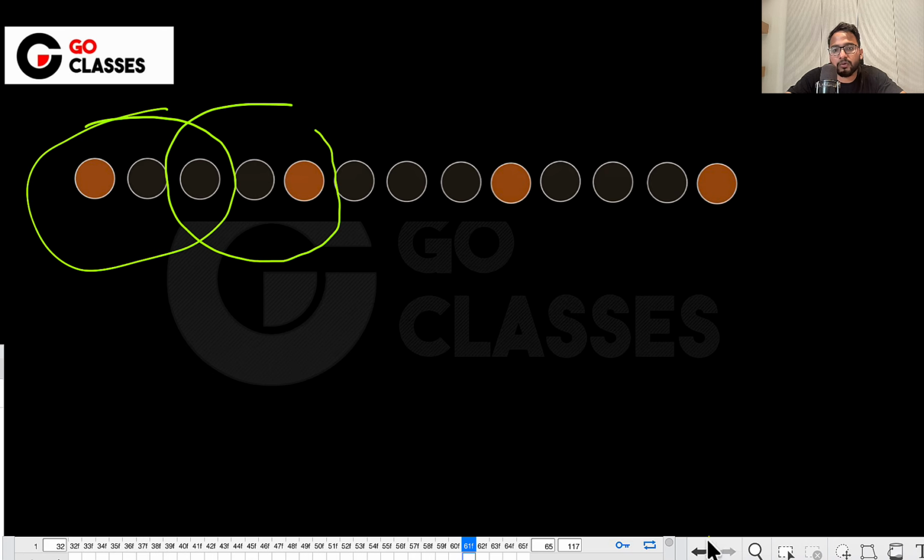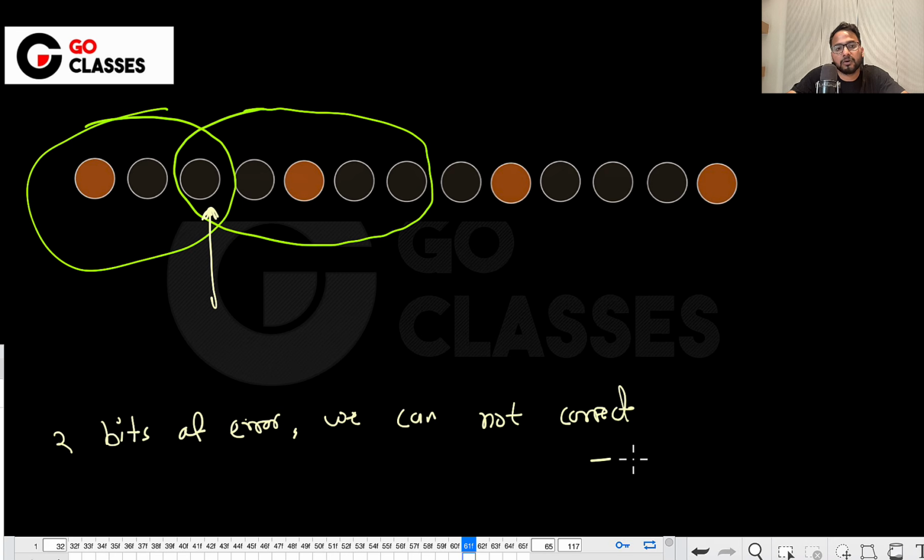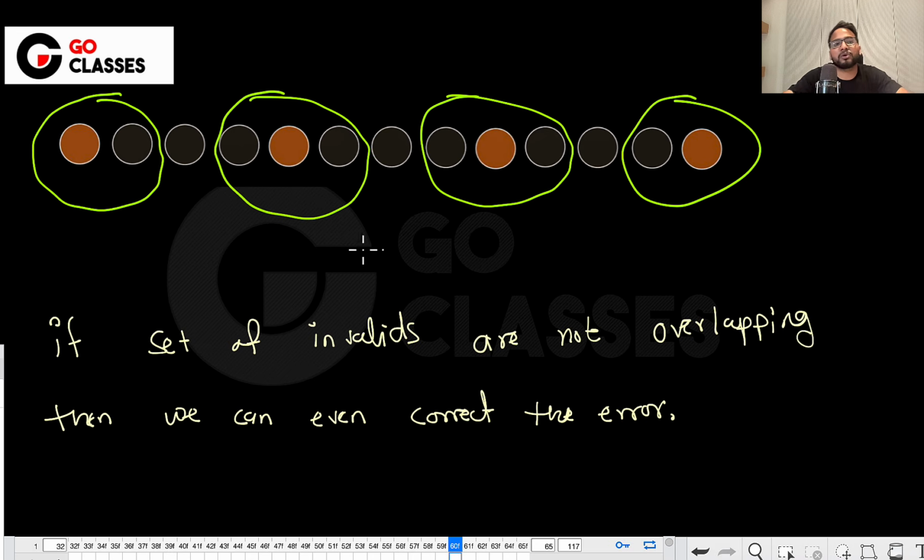So 2 bits of error you cannot correct. If you have overlapping invalids, then 2 bits of error you cannot correct. You can detect 3 bits of error, but 2 bits of error we cannot correct. Okay, one bit of error we can correct, because